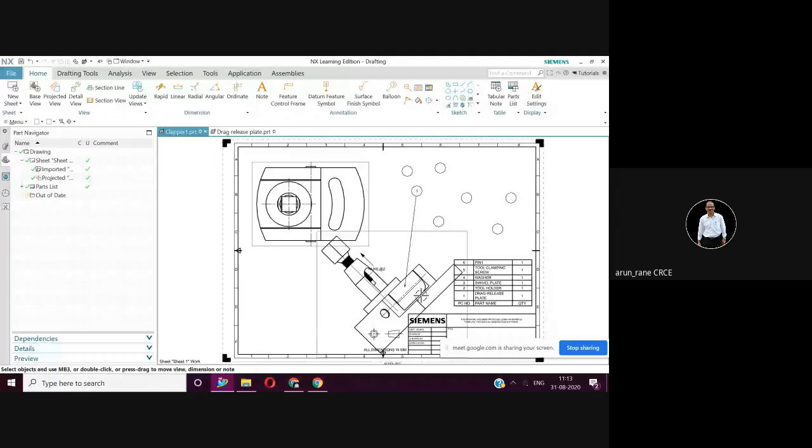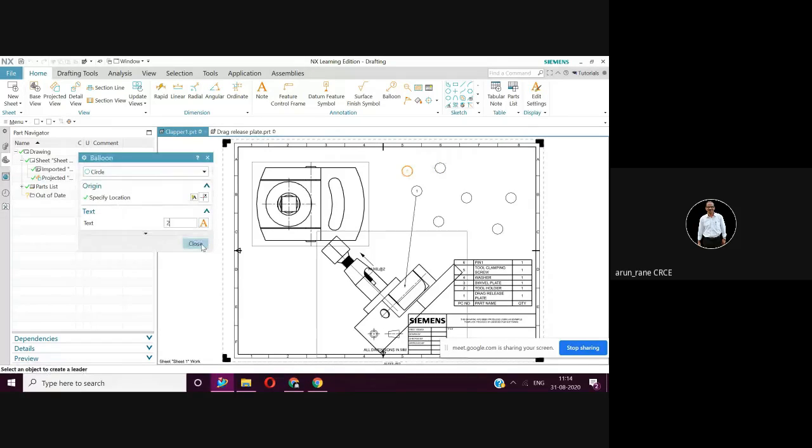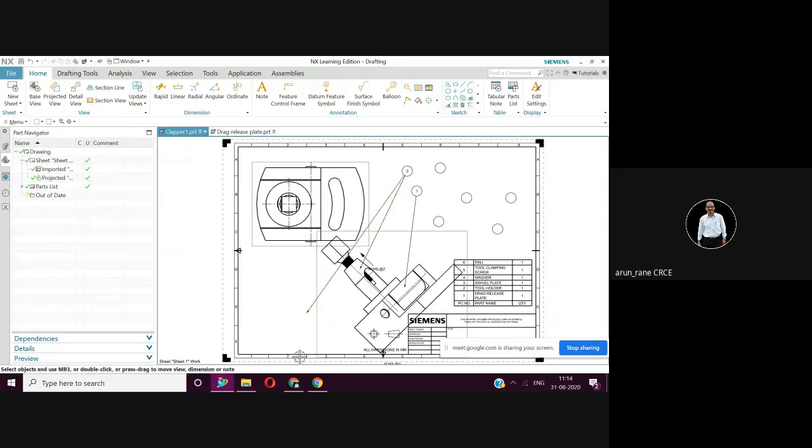Then number 2, that is the tool holder. Okay, so I'll select this. You should get that edit box first. You have to click at that circle. Then there is a second option. Now part number 2. Don't close it. Now leave your mouse on the tool holder and click it. The arrow will come. Okay, and like that. If you want to direct it somewhere else, you can have multiple arrows.